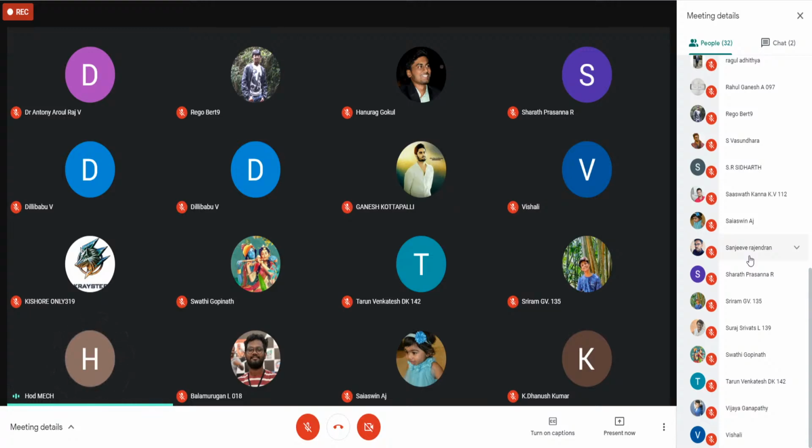I'm happy that so many participants have taken part in this program. I think you would have got first-hand information about the design and other concepts as Andy sir was briefing in the morning. This has been a wonderful day of learning, and I thank all the office bearers of both the ISHRAE Chennai chapter as well as the ISHRAE student chapter of our engineering college, the student coordinators, and all the organizers for the wonderful program. Thank you, Anthony sir, Dilli Babu sir, and all the office bearers of ISHRAE Chennai chapter. Thank you.